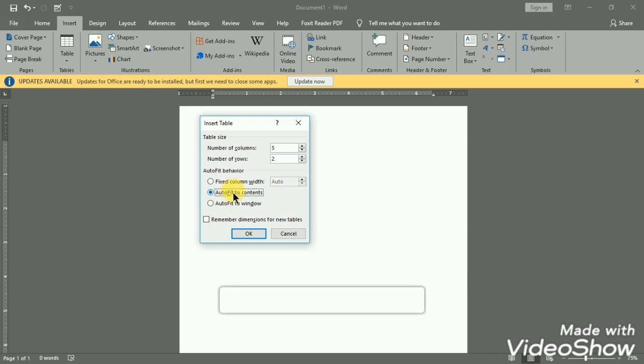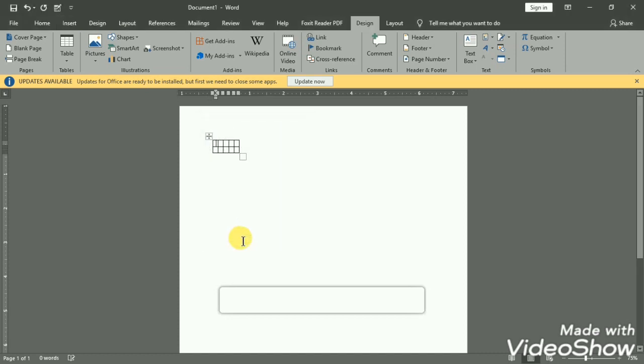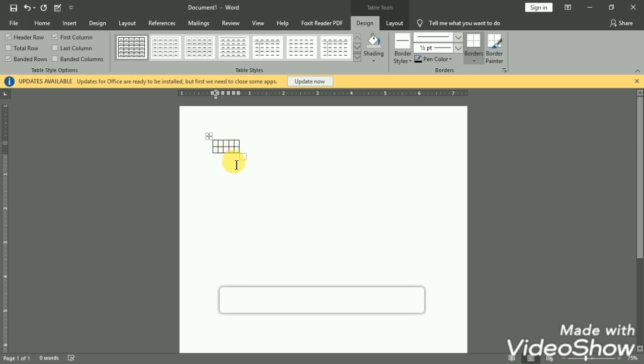It is fixed. And the next one is auto fit to contents. Here I am placing the number of columns as 5 and the number of rows as 2, selecting auto fit to contents, and pressing the OK button. Now, whenever I use this fit to contents, my table column width will be 0 inches.